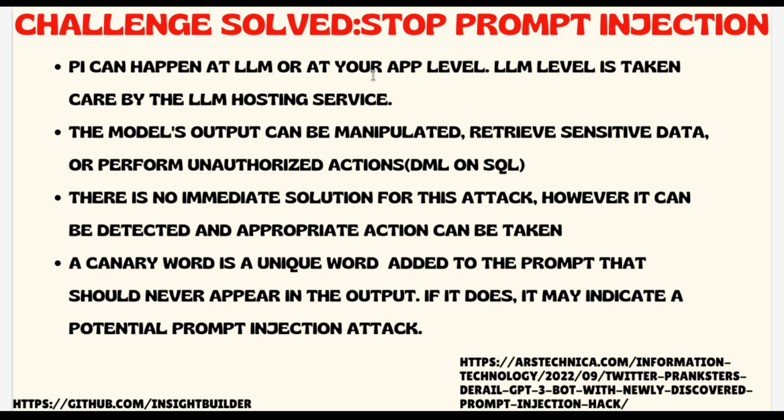OpenAI's large language model ChatGPT was able to tell its own code name, and later it was corrected. The OpenAI team corrected it using various kinds of guardrails and additional security mechanisms around the output that is given by the large language model. That is how the OpenAI team worked. Even large companies like OpenAI and Google can have a team working on this particular problem, that is the prompt injection problem.